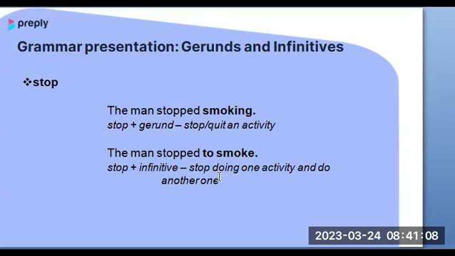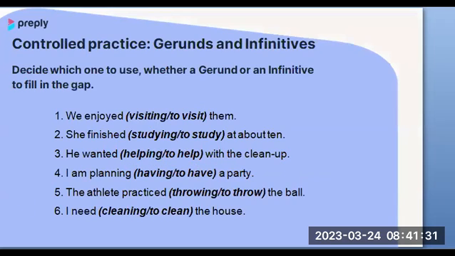You are doing an activity and you stop it, and you do another activity, that is to smoke. Like the man stopped walking to smoke, right? So that is the difference between these sentences. The man stopped smoking, the man stopped to smoke. All right, so